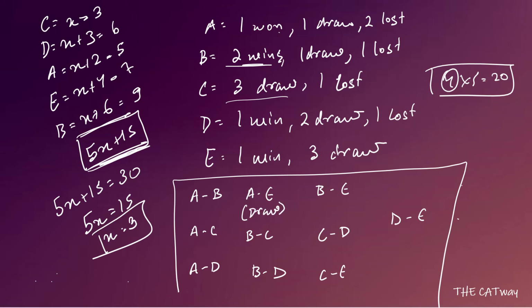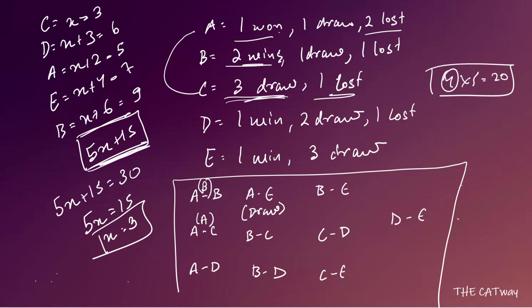Now because we know that A has played only one draw, okay, so A's draw match is gone, and now A has won one match and lost two matches. Okay. Now see, compare A with C. If you see that C has to play 3 draws and 1 lost match, but A cannot play any draw now. So that means A is going to win the match against C. So what we are going to write? We are going to write that A won this match. Okay. After that, A has won his one match, A has drawn his one match. That means A is going to lose the other two matches.